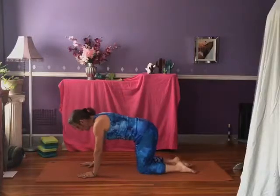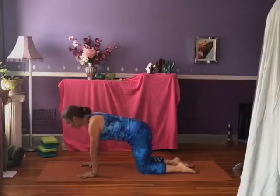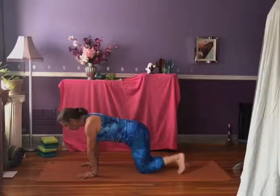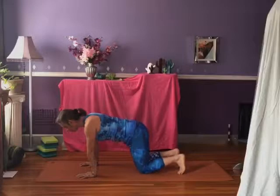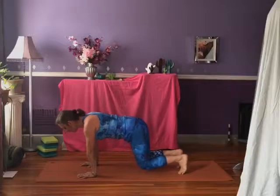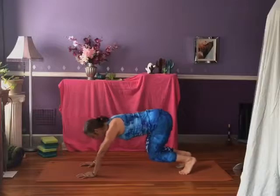Press through hands, press through tops of feet. Feel like you're drawing your belly towards your back body. Reach your crown of the head toward the front of your mat. Draw your shoulder blades onto your back and down your back. Feel really strong through your whole body. Nice long spine. Curl through toes. Hover the knees. Lower them to tap. Hover the knees. Lower to tap. Last time. Hover knees. Start pressing through hands, and then let yourself move back towards a downward dog, letting your